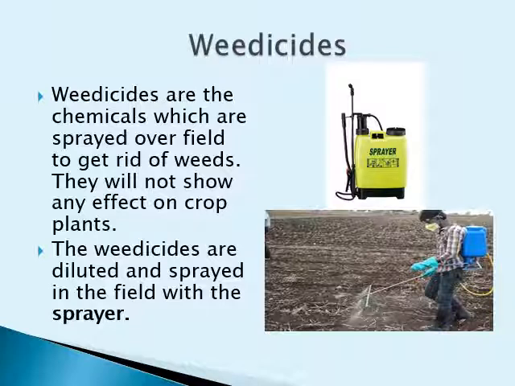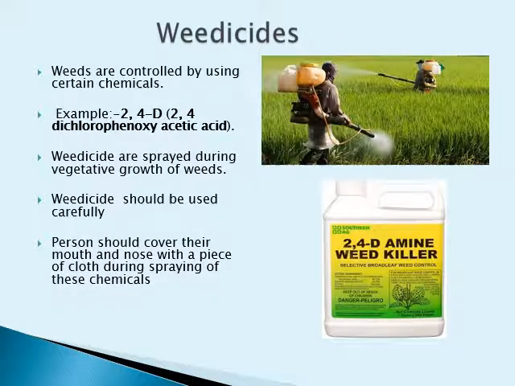So children, in the second image, if you can see, a person is spraying these chemicals and a sprayer is being used at the back of his shoulder by which he sprays these chemicals which are used to kill weeds. As earlier told, weedicides are the chemicals which are used to control weeds, and the examples are 2,4-D, or it is also called as